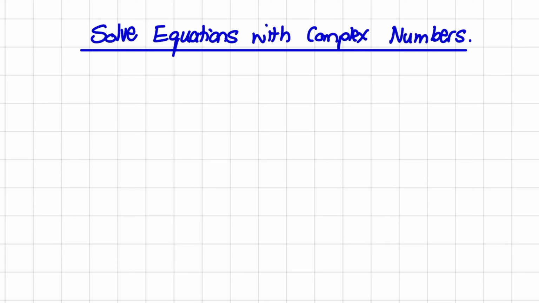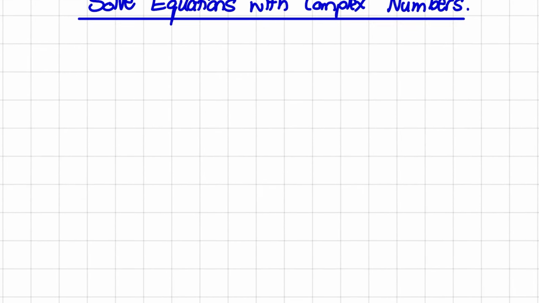We are going on with our series on complex numbers, and in this tutorial we'll focus on solving equations with complex numbers as results. And we will do two examples. So in our first example we have 2x squared is equal to negative 72, and what we want to do